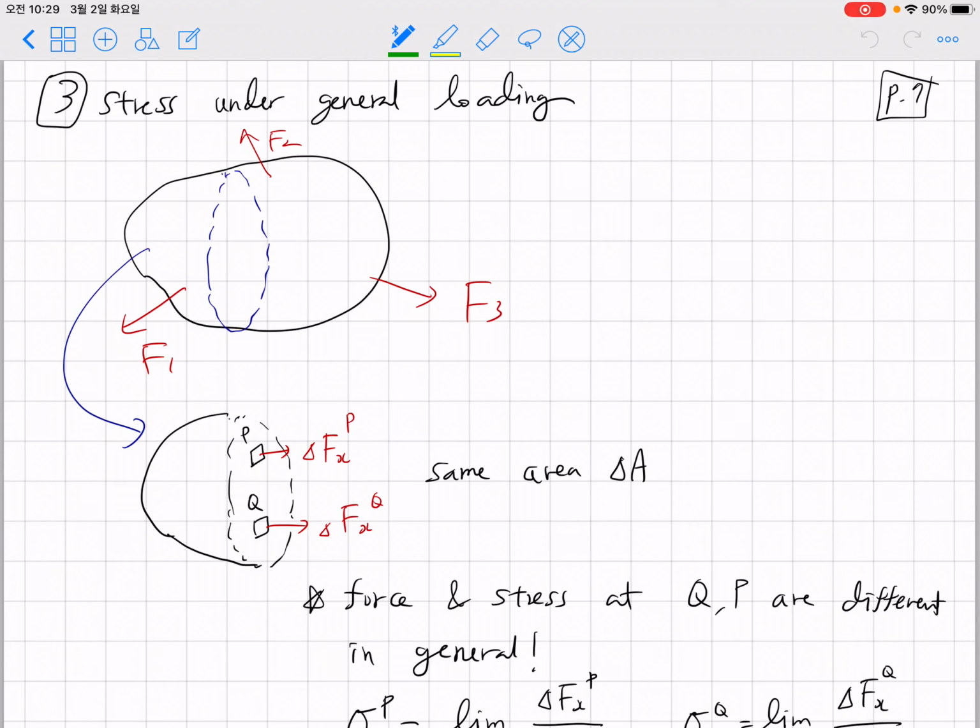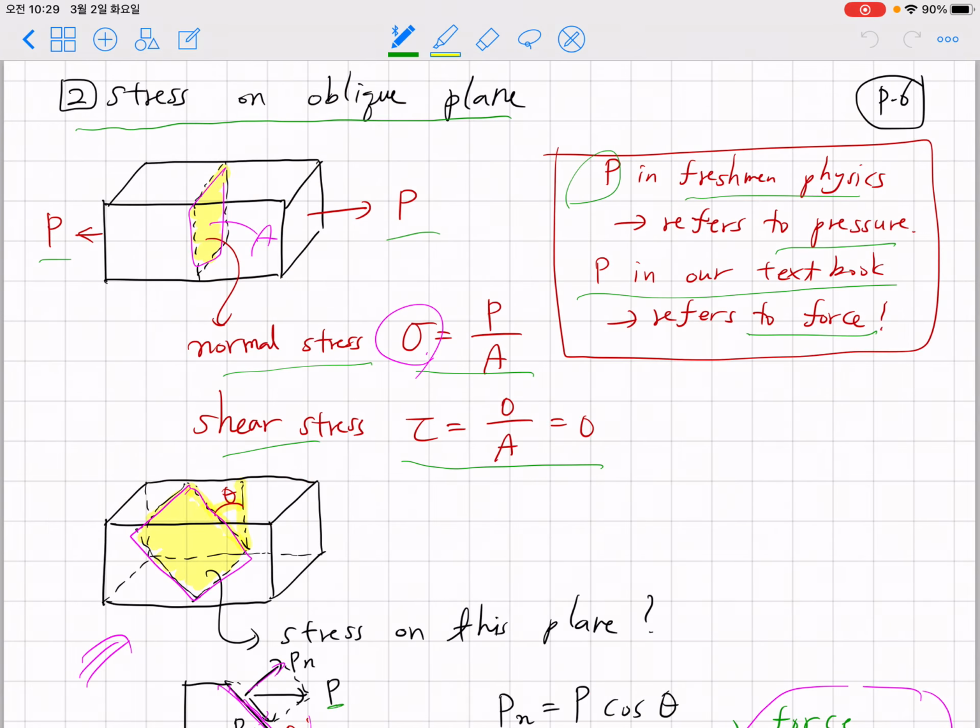So as a third topic of today's lecture, I'm going to have a discussion on stress under general loading in a brief manner. Until now, we considered really simple loading cases. Here, of course, we can think about how to apply this loading. You can apply this loading at a point, or you can apply it widely over the entire surface. But without considering these details, we simplify the problem and just assume that stress would be almost uniform,